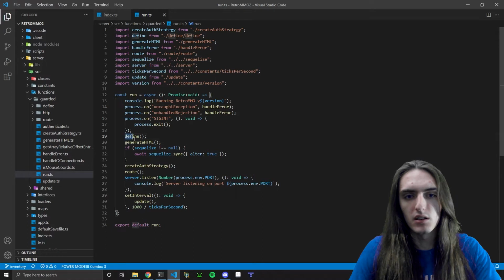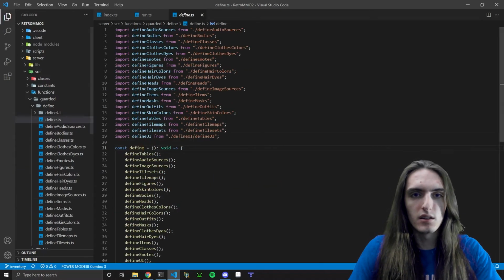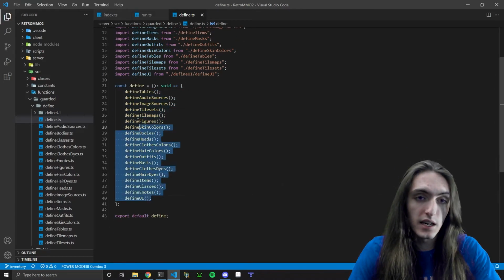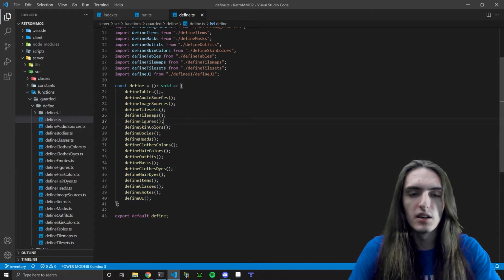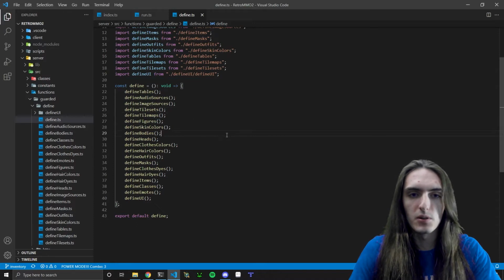But here we get into some of the things that are actually pretty unique to my engine here, such as this define function. This is where I define all of the game data. For anybody familiar with how I was doing things in the last engine, I was actually doing all my data entry in JSON files and loading them in like that. But this time around, I am doing all the game data in TypeScript, just creating classes for them. Like, for example, what's one that we could look at? I'm not going to go through all these, of course, but like